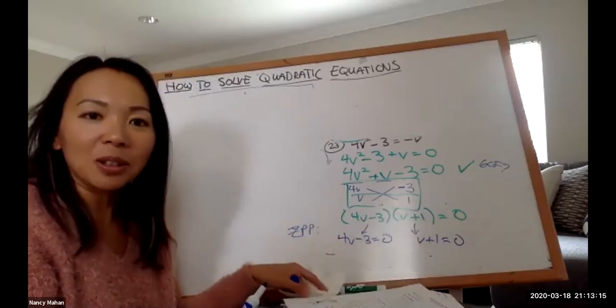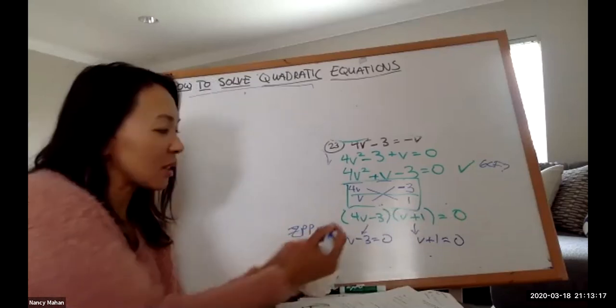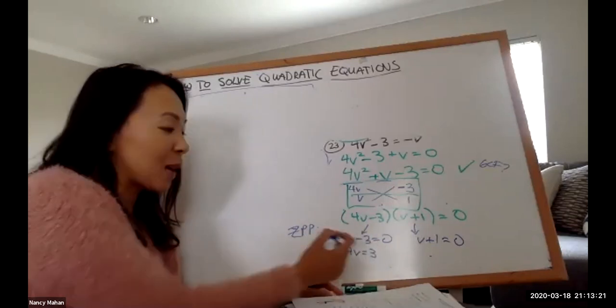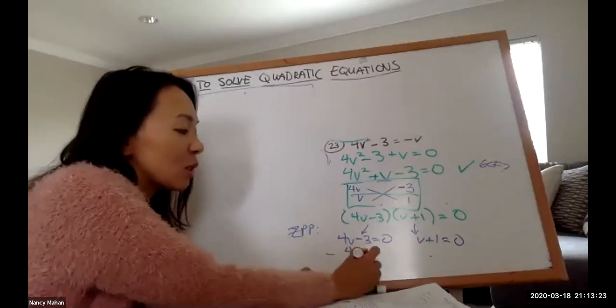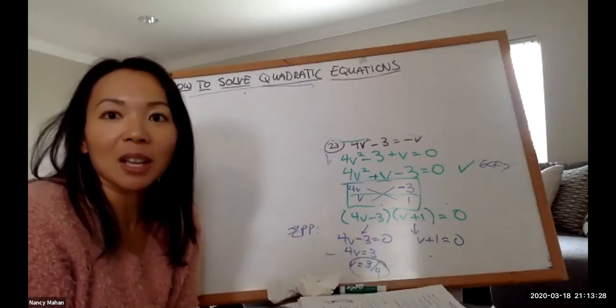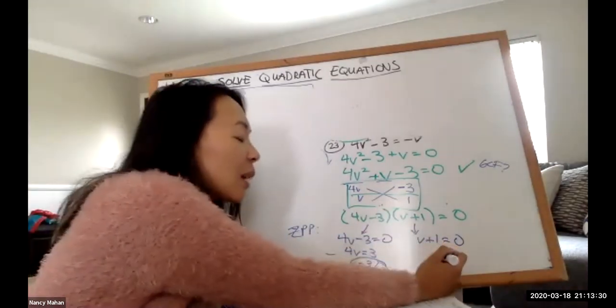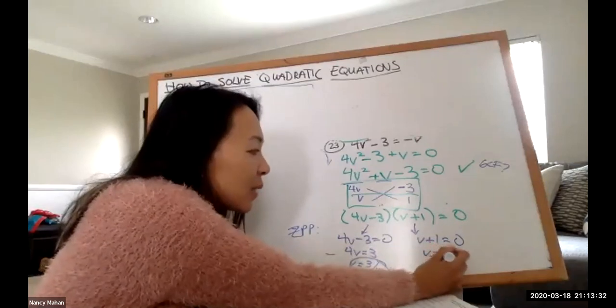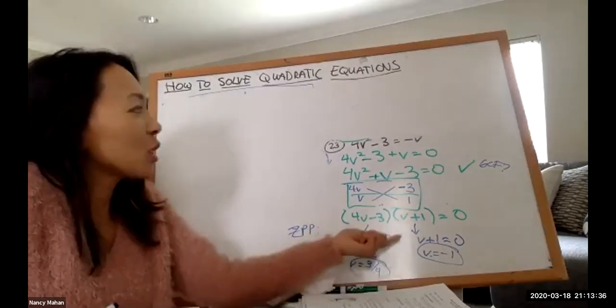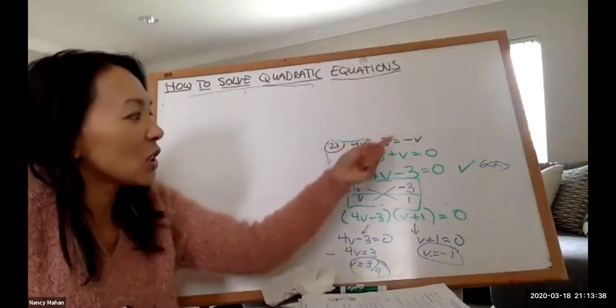And now I can solve, since they look like linear equations. I'm going to add 3 to both sides, and then divide by 4 on both sides. So I get v is equal to 3/4. Again, it could be a fraction, that's a-okay. And here I'm going to subtract 1 on both sides, so I get v equals -1. And that's it, right? Again, you could check your work by plugging it in. And you should get